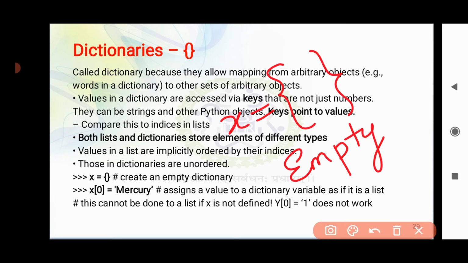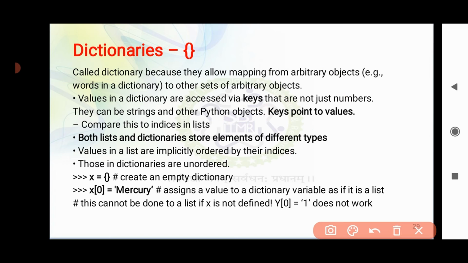Now if I have to create a particular dictionary, for example I will write thisdict, my dictionary, is equal to, I open the curly bracket, and in that I write brand. For that brand key I should have a value, right?